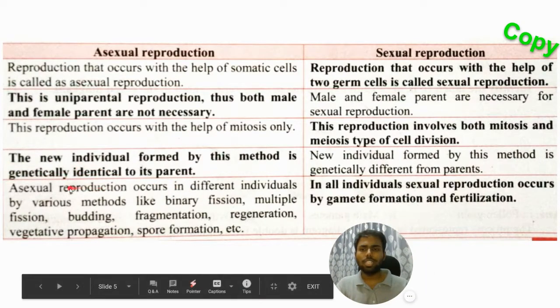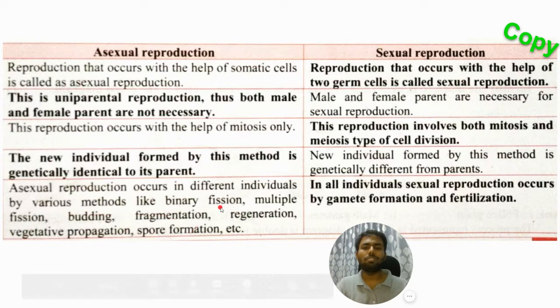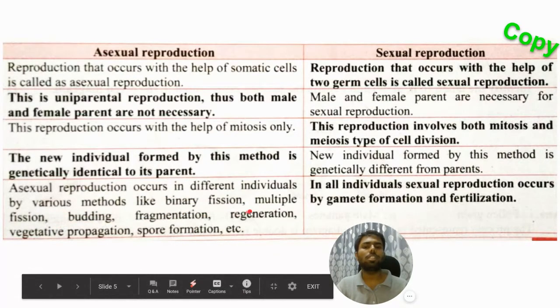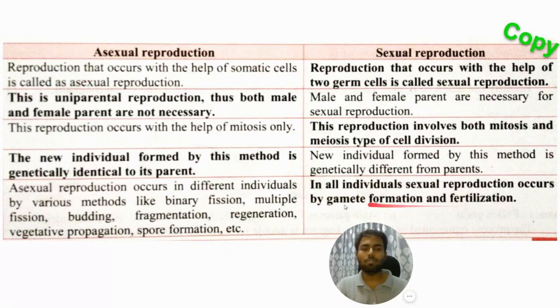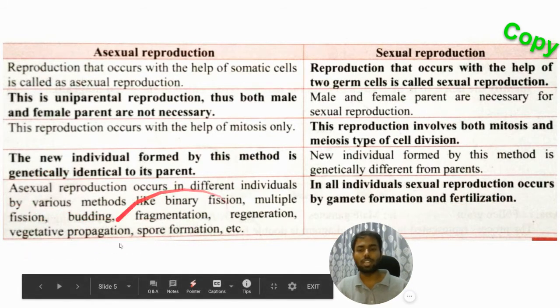Last, asexual reproduction के अलग अलग मेथड्स दिए है. बाइनरी फिजन, मल्टीपल फिजन, बडिंग, फ्रैगमेंटेशन, रीजनरेशन, वेजिटेटिव प्रोपगेशन, स्पोर फॉर्मेशन एटसेट्रा. राइट, ये सब अलग अलग मेथड्स हम लोग ने देखे हैं. Whereas सेक्सुअल रिप्रोडक्शन में दो ही चीज होंगे जो बार बार होंगे. वन इज गैमेट फॉर्मेशन, यानी वो जो रिप्रोडक्टिव सेल्स है वो फॉर्म होंगे, एंड वो जब साथ में आएंगे मेल एंड फीमेल रिप्रोडक्टिव सेल, दैट इज कॉल्ड एज फर्टिलाइजेशन. So all individuals will be produced using gamete formation and fertilization. ये common steps होंगे sexual reproduction में. Whereas asexual reproduction में बहुत सारे variety है, बहुत सारे अलग अलग methods है.